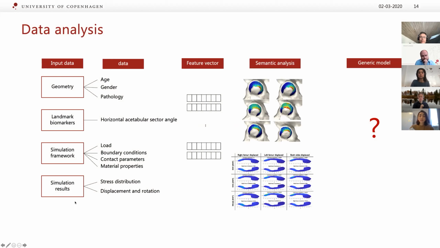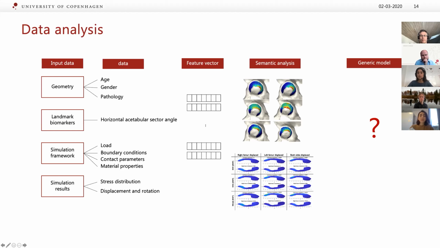And in the results, we can have stress distribution, displacements, rotation of the femur while you are walking or sitting, lying down. So we have all of these data. We have categorized them into these. But by combining these, we can also generate new models, and then run simulations and come up with these feature vectors and get some simulation results, as you can see here, and do a kind of analysis to find the most critical